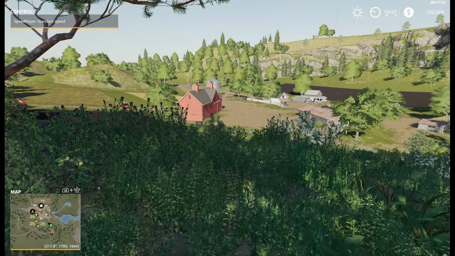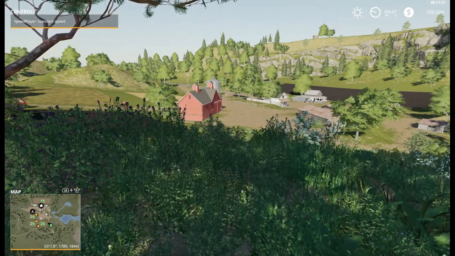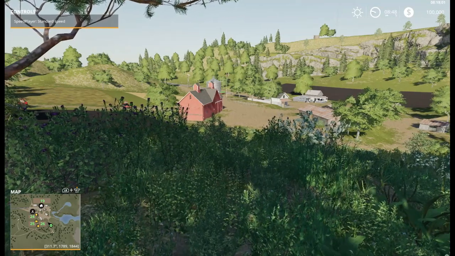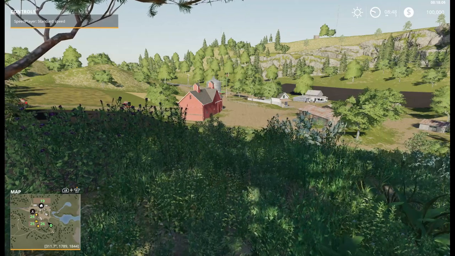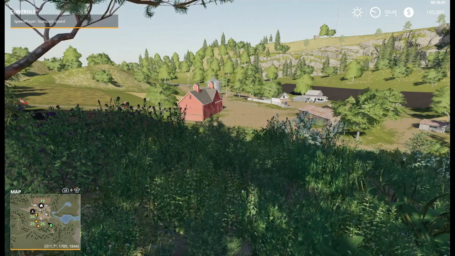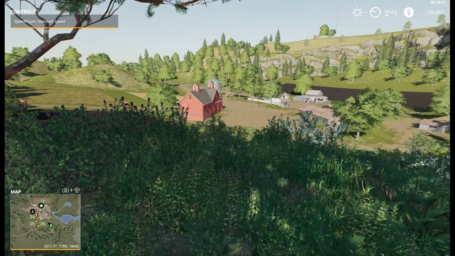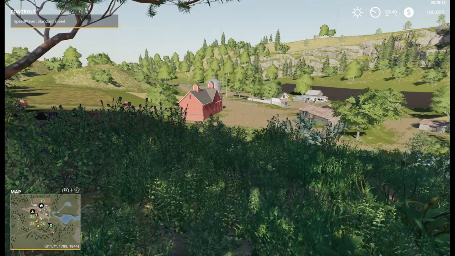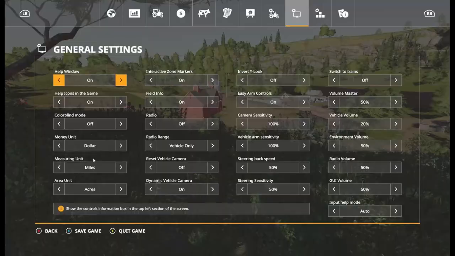I'm not using any crazy mods. I'm not going to be running a harvester at 25 mile an hour through the field. All I'm going to be doing is basically a tutorial on how to start a farm, how to do contracts, how to make money, how to get rid of the weeds, when to lime, just that whole basics of the game. So as you can see,